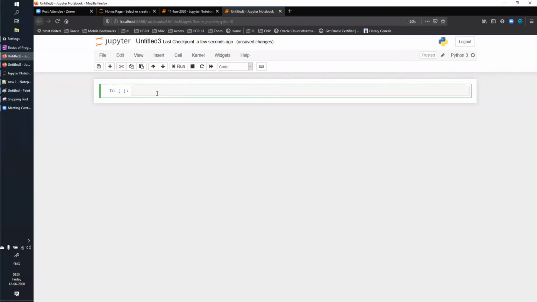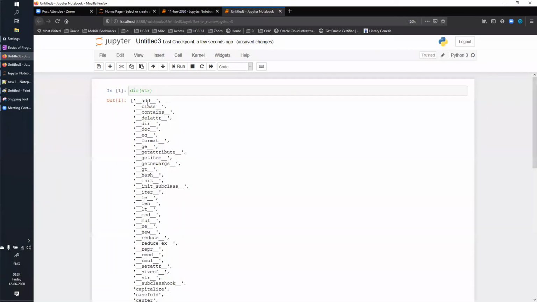So when I say dir of string, these are some of the things: double underscore add double underscore. These behaviors you can change on the fly, right? When you have this plus operator, this double underscore add double underscore is the one which is going to handle it. You can override this plus operator with these keywords, double underscore add double underscore. That is what you need to do. Okay.